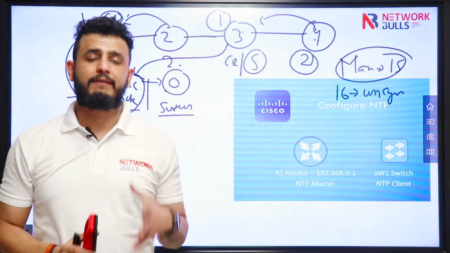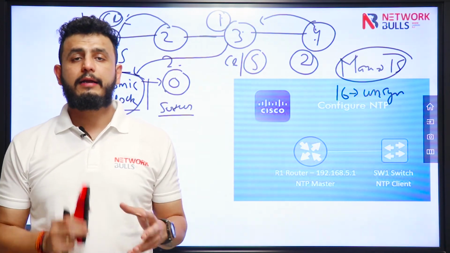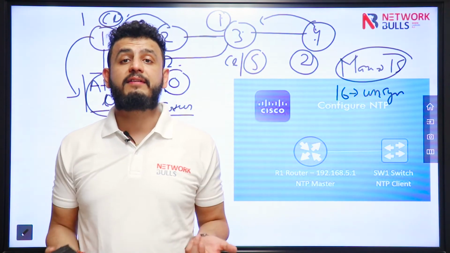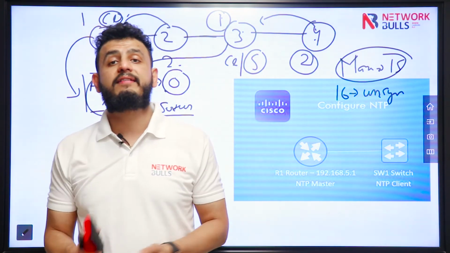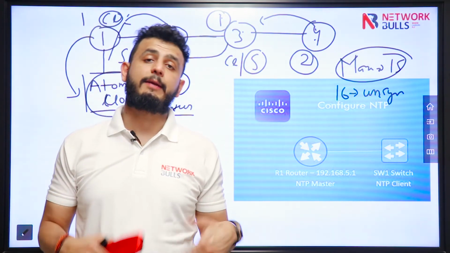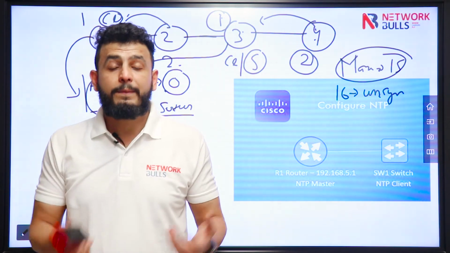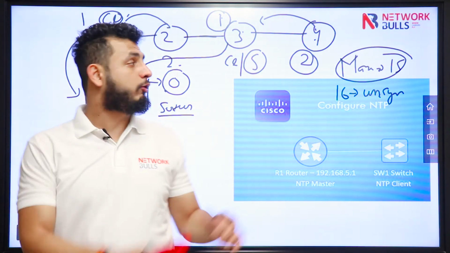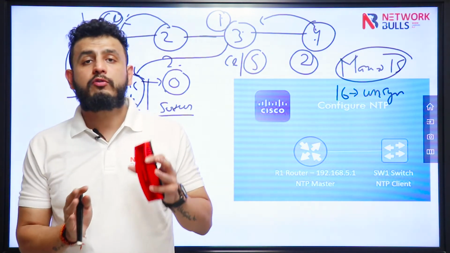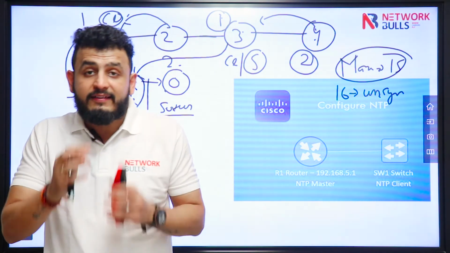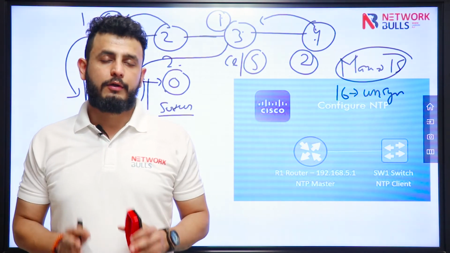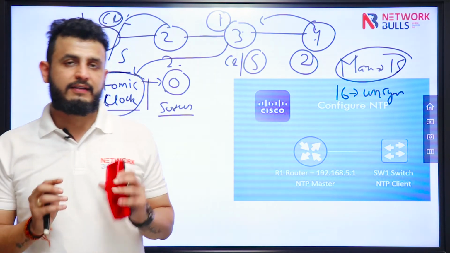Why do we use stratum value? Guys, in a real-time network, you cannot have a single point of failure. If you have a single NTP server and it fails, how will devices synchronize time? So in real-time scenarios, we always have multiple NTP servers, and to prefer one server over another, we use the concept of stratum. The NTP client will try to sync time with all the servers you have configured, but it will use the server with a lower stratum value. So this is basically the concept of stratum.